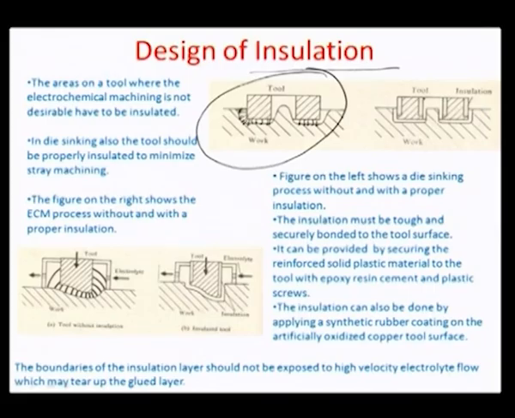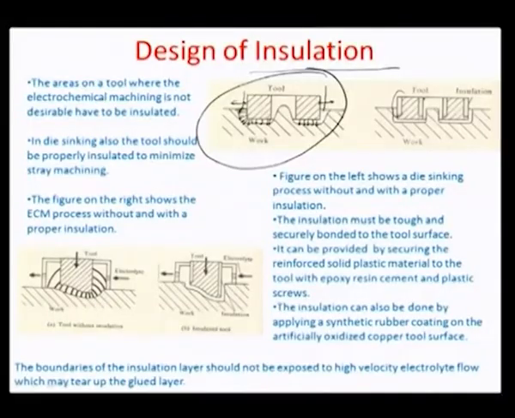And therefore, as you can see here, if we were intending for some size of the hole that we were trying to drill with ECM, maybe the hole has gotten extended and there is a lateral cut, thus ensuring that the hole is broader in size. So one way to prevent this from happening is to somehow stop the field. You cannot stop the flow of the electrolyte because it goes and covers all the surface, but you somehow stop the field from taking out the material at the corners by designing this insulation on the tool surface,